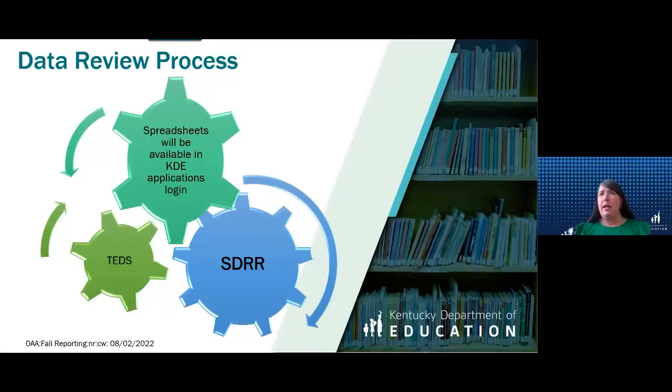Now, let's talk about other things that you're going to do with this process, and just kind of review the data review process. So first thing is you're going to make sure that you have access to the secure web applications login from your WAPOC. And you, as a district assessment coordinator, will only be able to download the spreadsheets underneath student data detail for all your schools and districts, and be able to see that information as a DAC. Your BACs will not be able to do that.